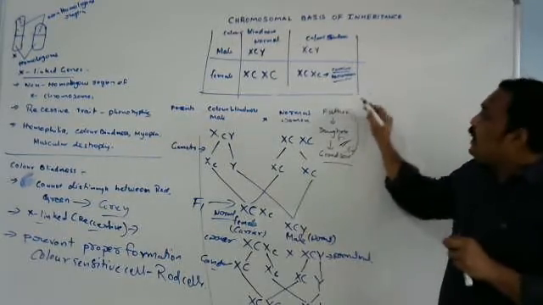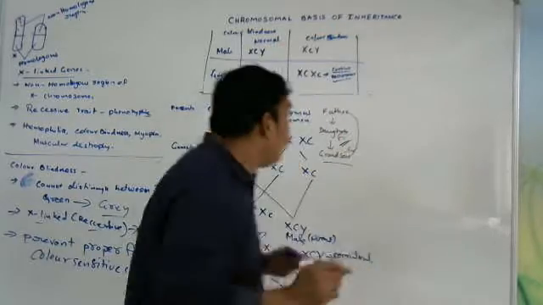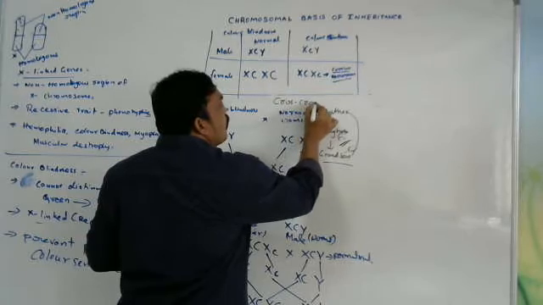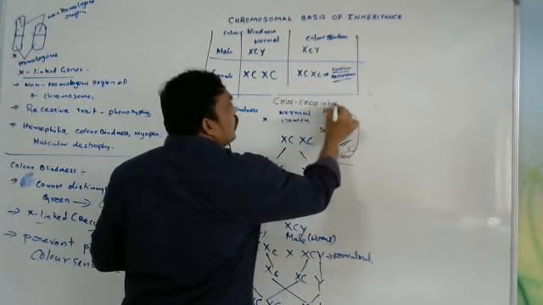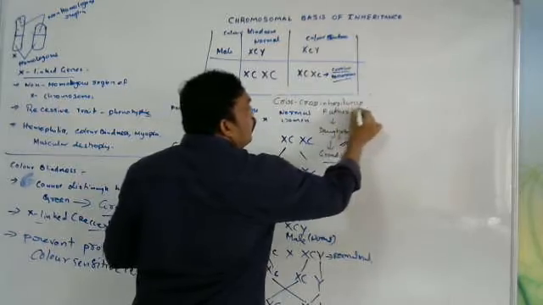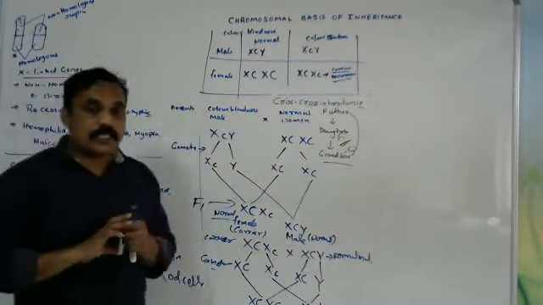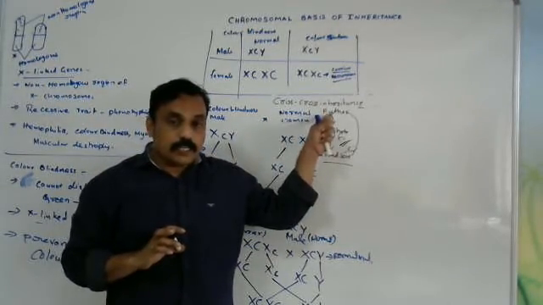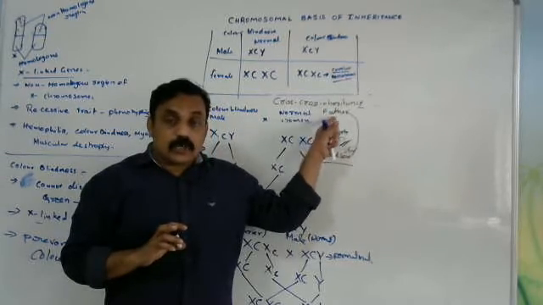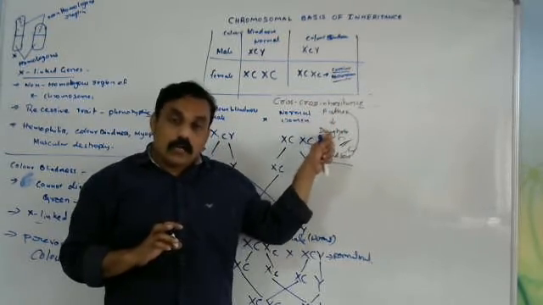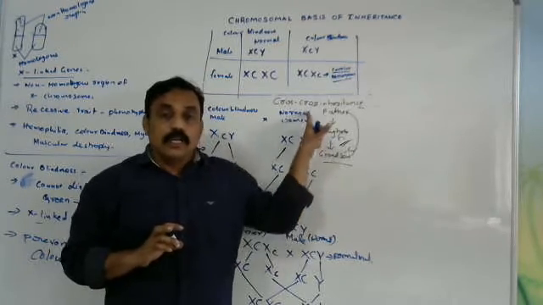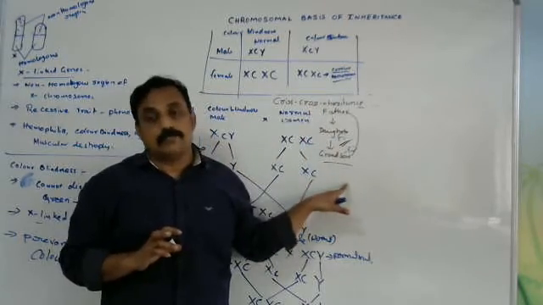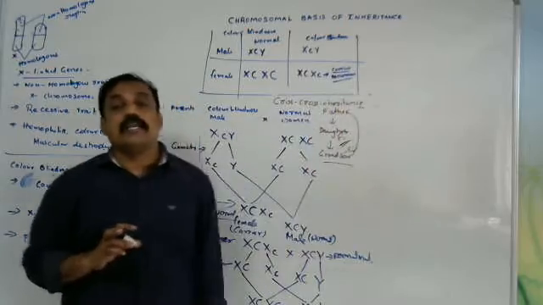It is called criss-cross inheritance. What do we call it? Okay, I will write here. Criss-cross inheritance. So, whatever the recessive trait of an X-linked gene, that defect trait that exhibits is transferred from father to daughter, and through inheritance to the grandson. So it is indirectly transferred from father to, especially, his grandson. So that we can call criss-cross inheritance.